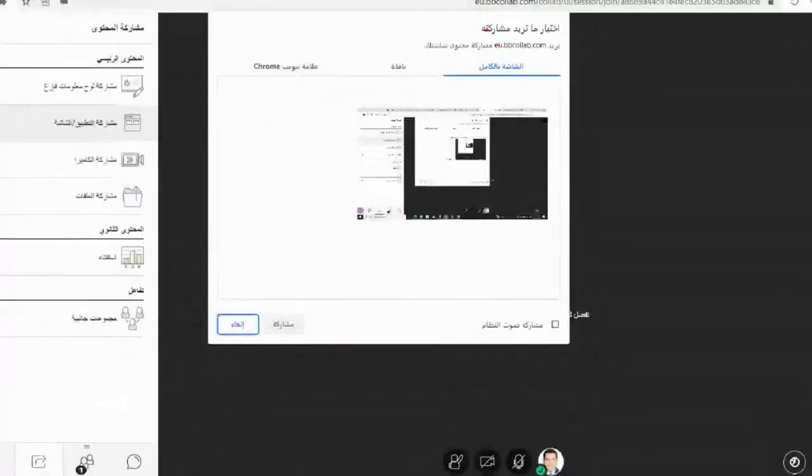Another point is the share system audio option. If you're on YouTube, for example, and want students to watch a video with sound,